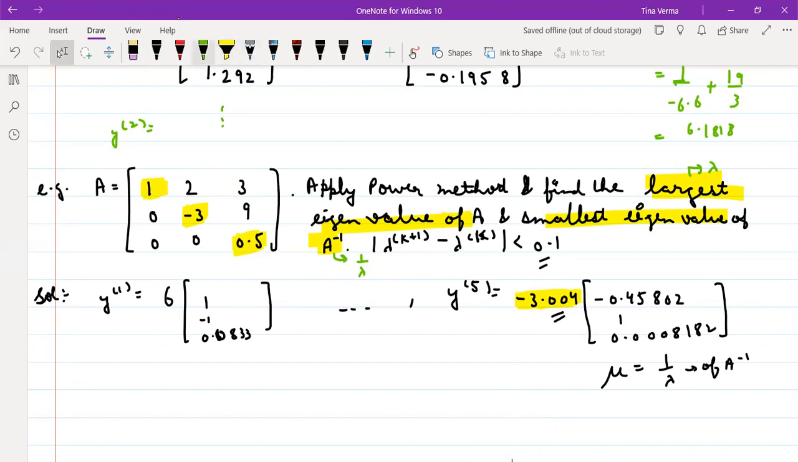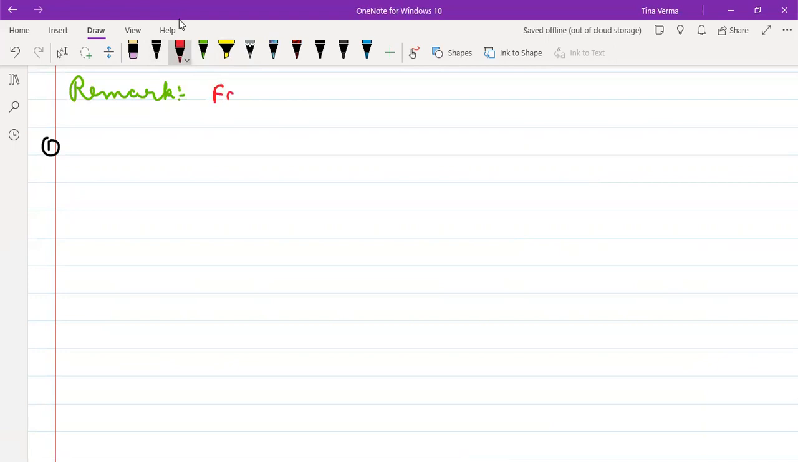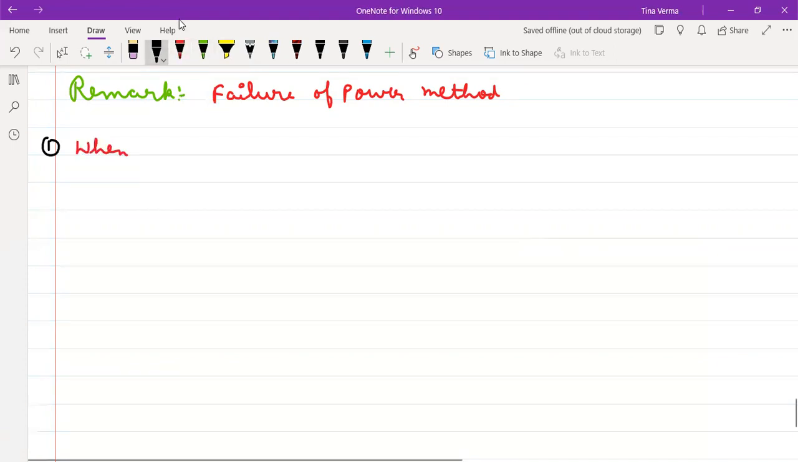So next, last, you can just write remarks on this. Remarks means failure of the power method, that is, when it fails. We have seen that even if your eigenvalues and eigenvectors are not distinct, the power method can still be successful, but it does not guarantee that. But when will your power method not be successful? When A is not diagonalizable,